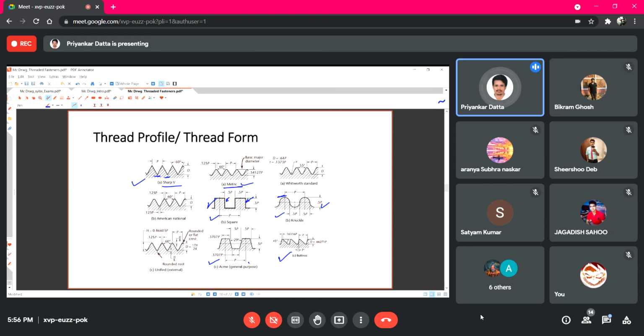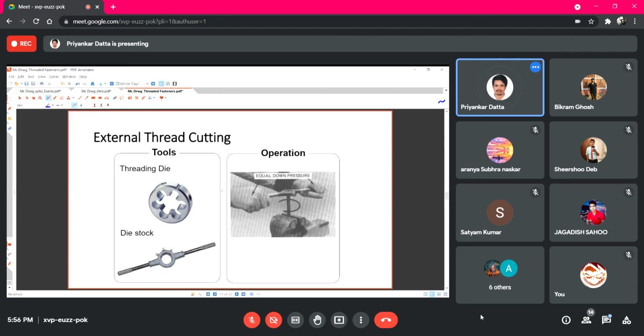And these Acme and buttress profiles also have very limited uses, for some low weight screw jacks, and there these types of threads are sometimes used, right? But in most of the screw jacks, you will see only square threads. And in our case, we shall be dealing with metric thread because all nuts and bolts are made with isometric thread.